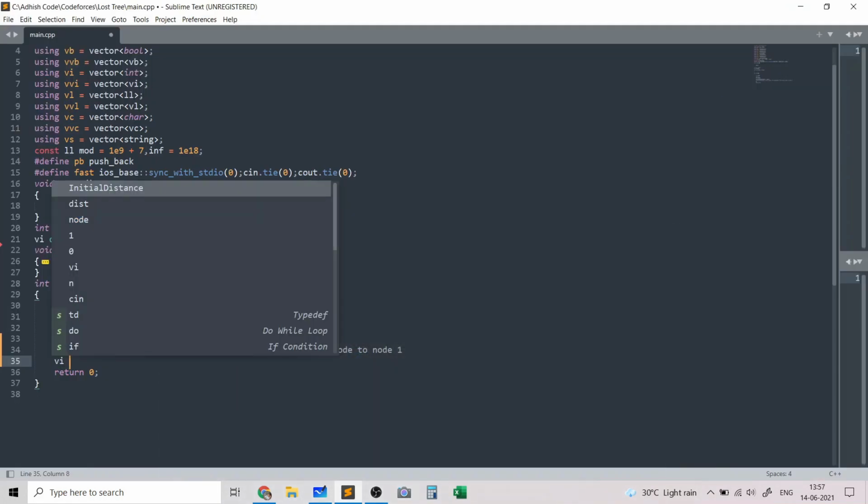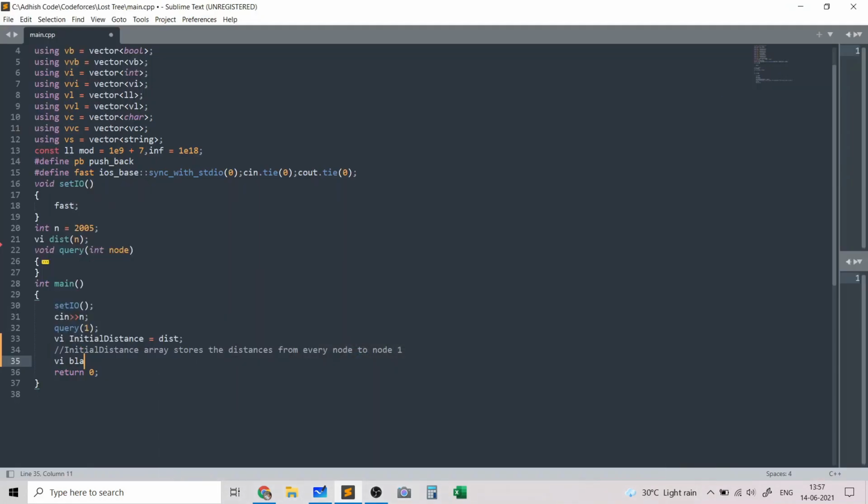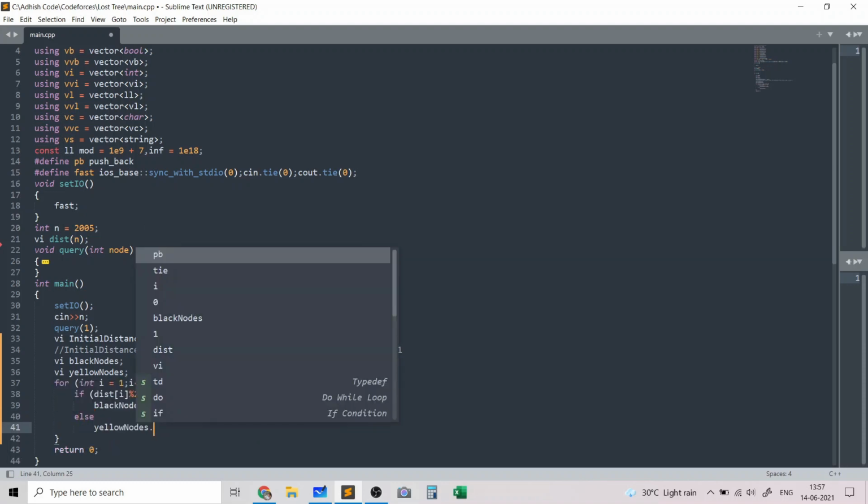So the first vector will store black nodes, and the second vector will store yellow nodes. So basically the two colors. So for each node, if the distance is even, then I'll add it to the black nodes, and otherwise I'll add it to the yellow nodes.